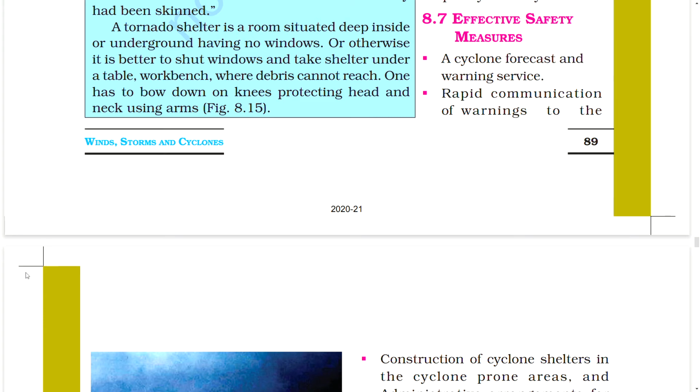8.7 Effective Safety Measures. A cyclone forecast and warning service. Rapid communication of warning to the